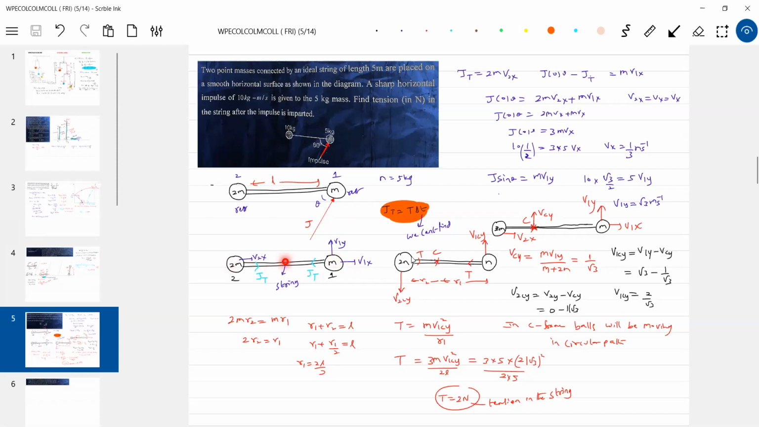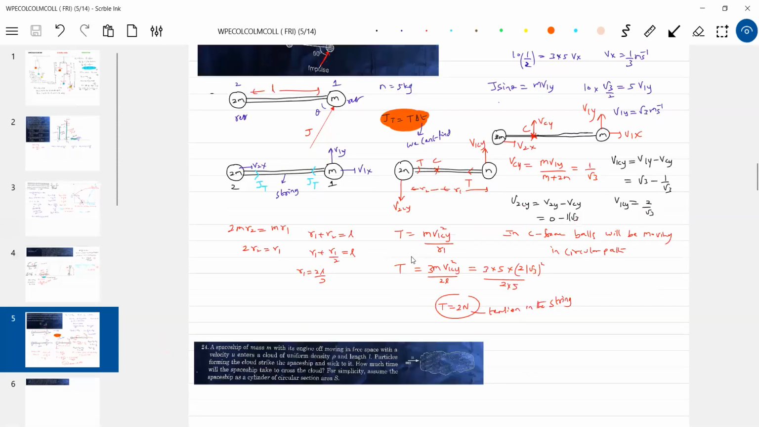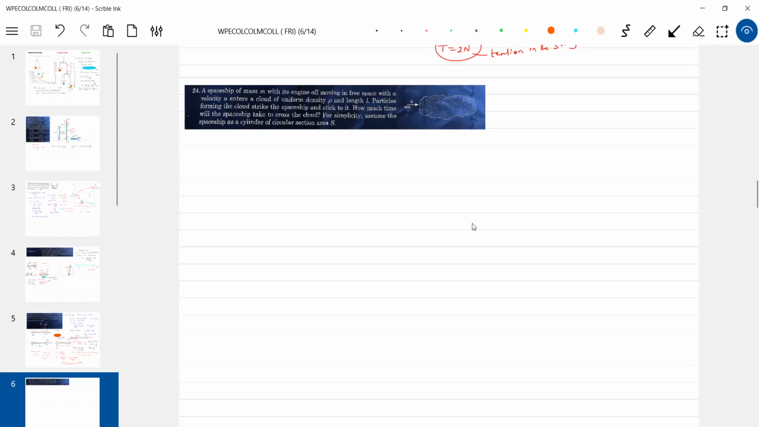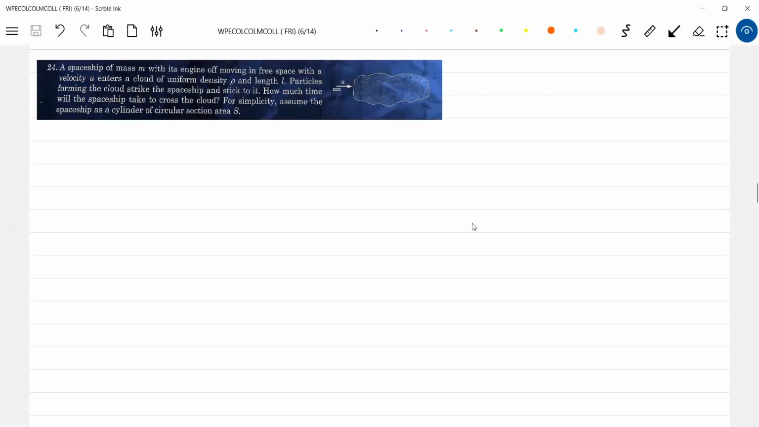This will move towards right. Ball 1 will move in a plane. Ball 2 will move along the x-axis. In the C frame, they'll move in a circular path. Center of mass ideas will help us a lot in dealing with situations like this. That is the main purpose of center of mass. That's why in IIT mechanics, center of mass is given more priority, because sometimes the problem will become very